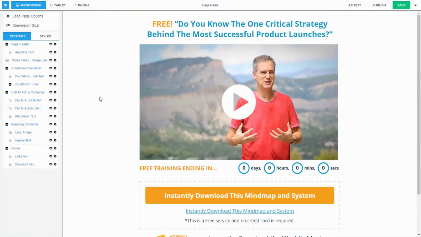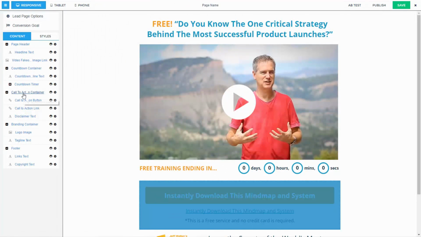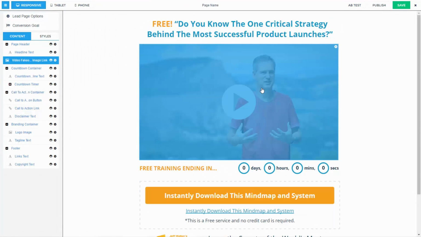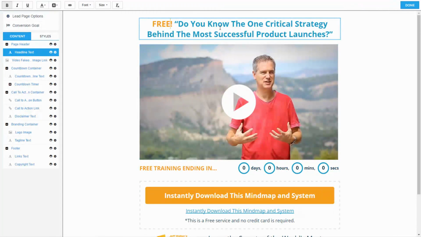Alright, so on your customization page here for your lead page, you can see that on the left hand side there's a bunch of different content that you can edit. So everything here you can modify. You can either just choose it from the left column here, or you can do it from the page here as well. So if I wanted to edit the text here, you can easily just find what text that you want to edit